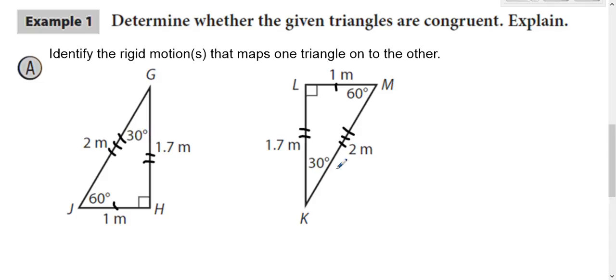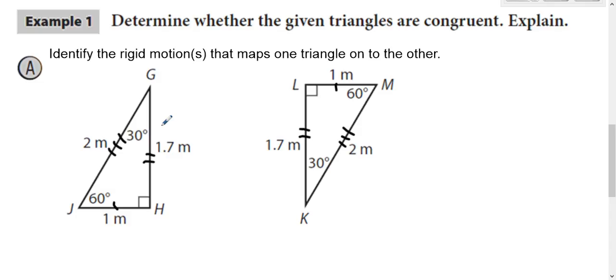So we have a 30-degree angle, yes. A 60-degree angle, yes. 90-degree angle, yes. And their angles are in the right spots. So like the 30-degree angle is between the 2 and the 1.7. The 30 degrees is between the 2 and the 1.7. The 90-degree angle is between the 1 and the 1.7. Same thing on the other triangle. So that means they are congruent. Everything matches up. All of their sides are congruent. All of their corresponding angles are congruent,